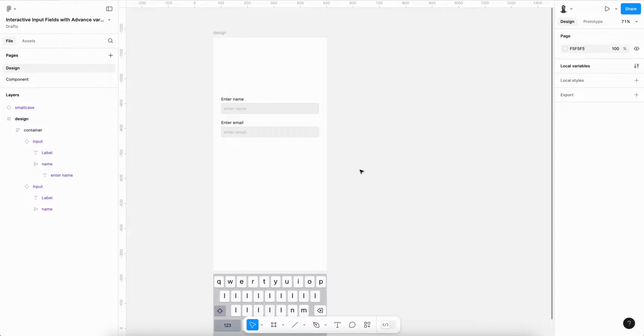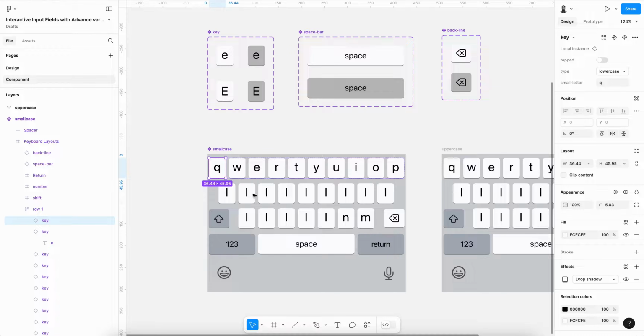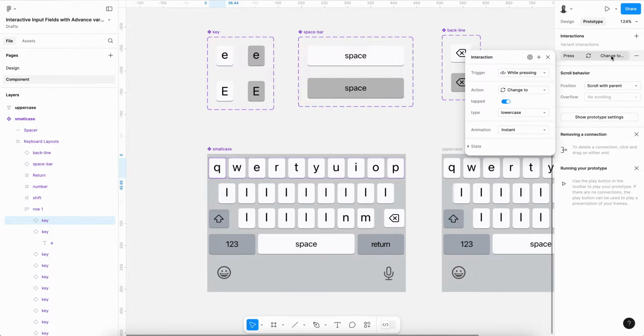So the next target is that whenever we press the Q, W or E, it should behave as typable, right? So for that we will go to the component, and now we will write some parameters for these key buttons. Okay, so now we will go here. We have given some parameter which is called press, but we don't need to use this, we need to